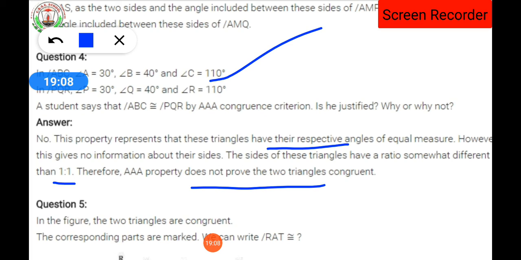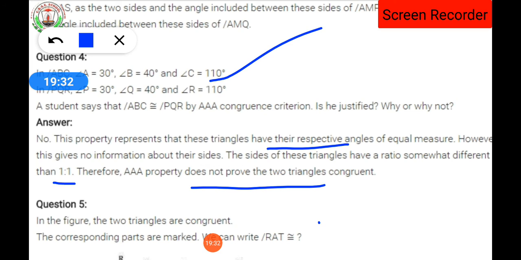Clear everyone? So dear students, here we have completed the solution of question number 4. Hope you understood the solution. The rest, questions number 5 to 9, we will do tomorrow, so that our revision of chapter number 7 will be over. After the revision of chapter number 7, we will have some revisions from chapter number 8.